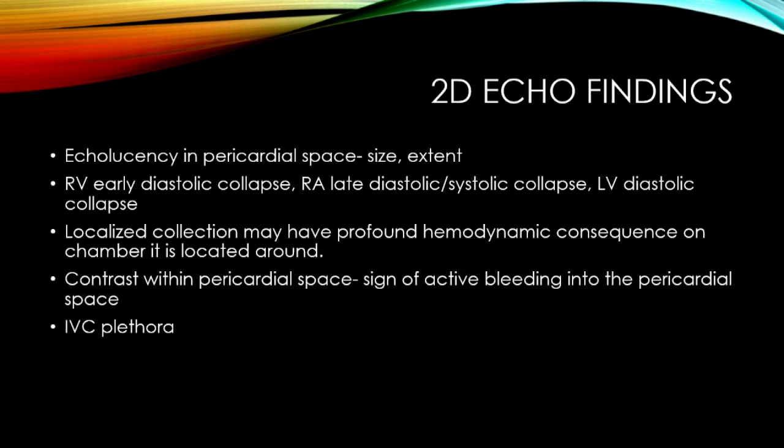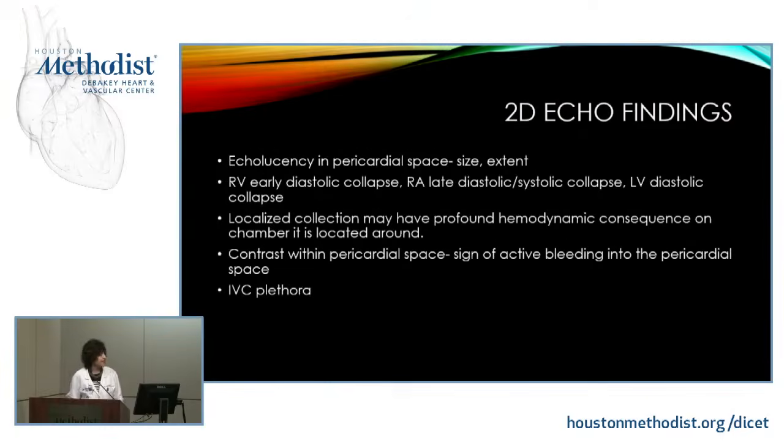So the 2D echo findings: echolucency in the pericardial space, early RV diastolic collapse, late diastolic right atrial collapse, and then, of course, the LV diastolic collapse that is present in some cases. A localized collection can have a profound hemodynamic effect. That means you have to understand this, that the chamber that is most vulnerable to a cardiac compression from increased